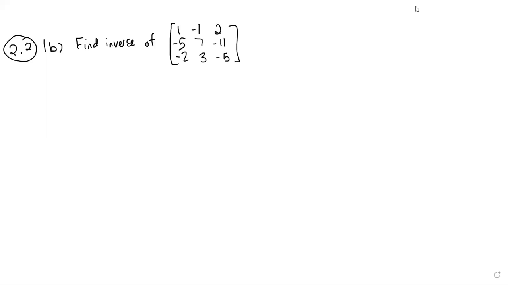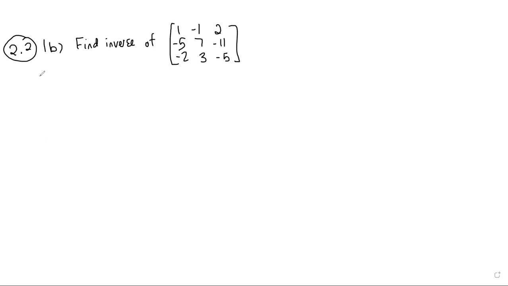In this question, we are asked to find the inverse of a 3 by 3 matrix. There are multiple ways that we could go about finding the inverse of any matrix, but for this question in particular, and probably the standard that you want to use, is the row reduction algorithm. To get that started, what we generally always want to do is put this into an